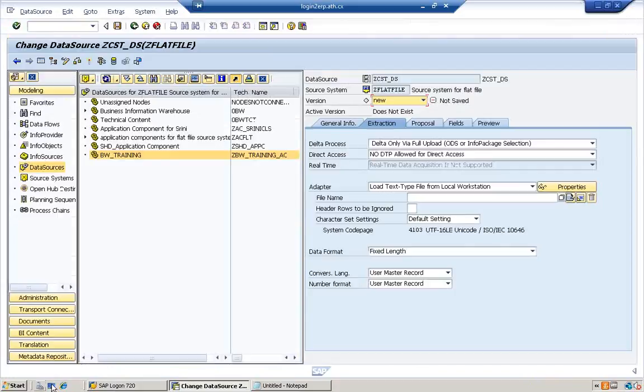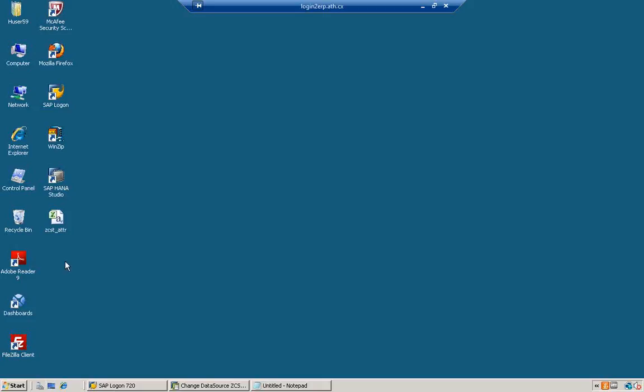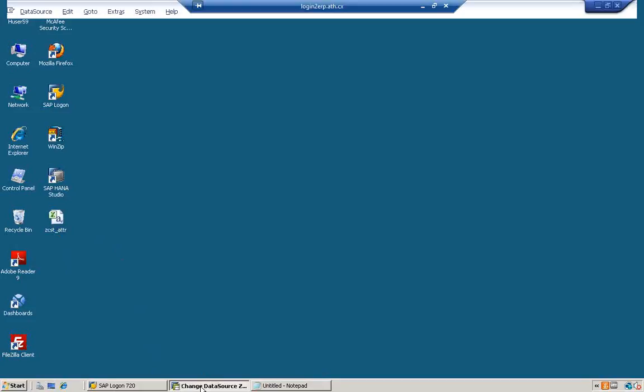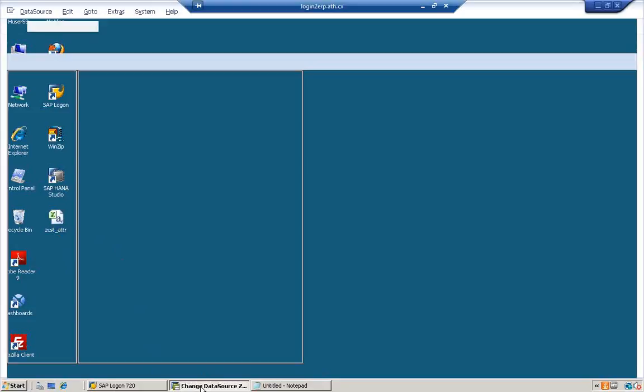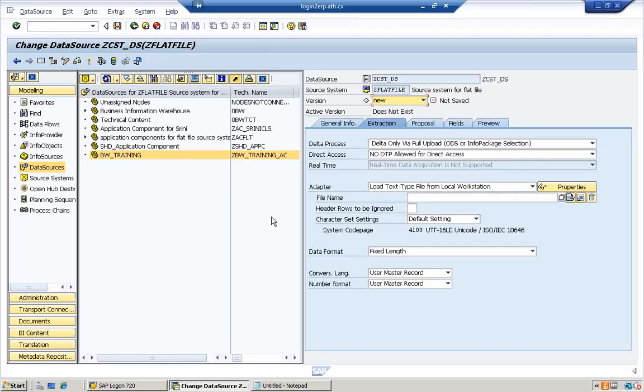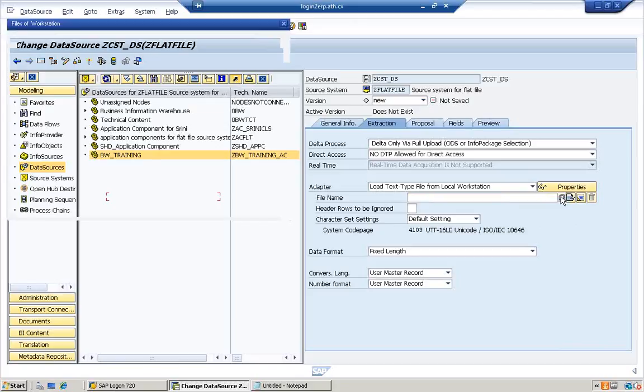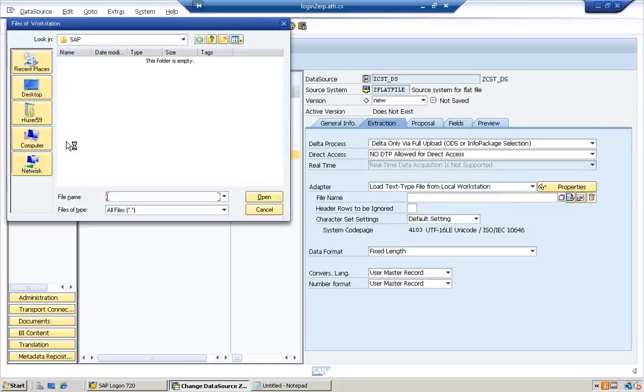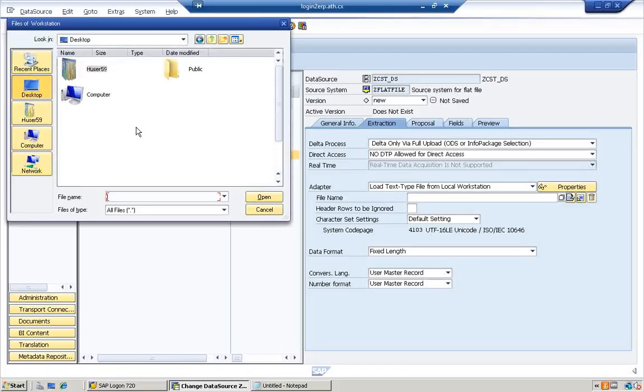So if you go to your desktop, you'll find this file zcst underscore attr. Now what's happening is we need to mention the file name where exactly it exists, and to select that file you can go into the file name, go to your desktop, and from there select this particular file, which is